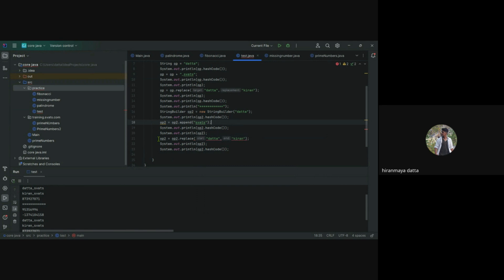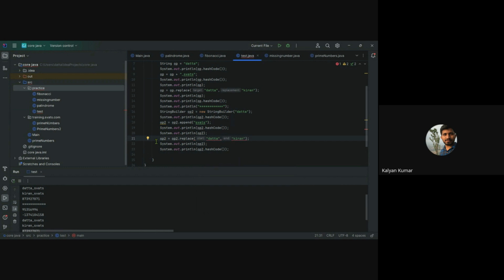Now you have to understand what we are doing here. Previously we were using string and trying to do some corrections. We are able to modify the string object, but the reference is not modified. We are creating a new object every time. Now we are trying to modify. Let's see how the reference will be now. Is it going to change every time, or is it the same reference? Any guess?